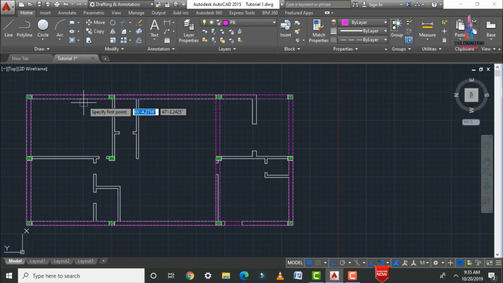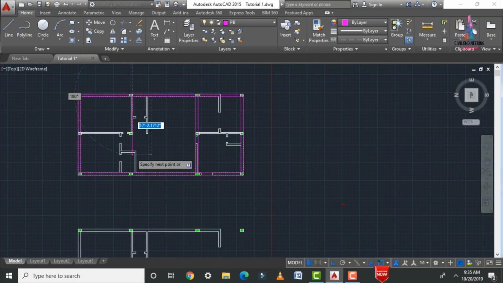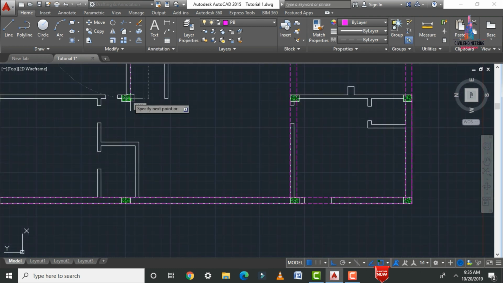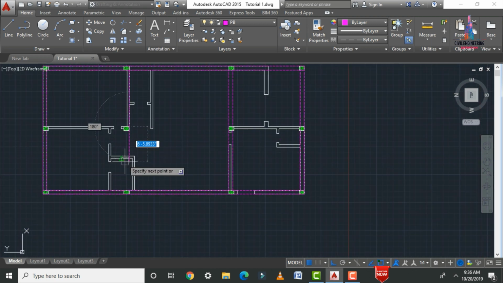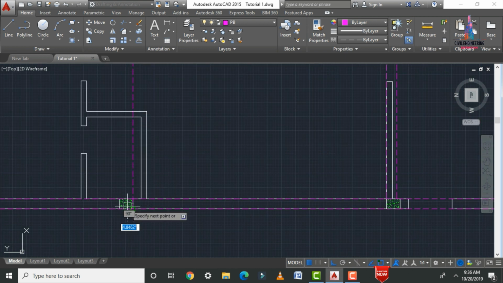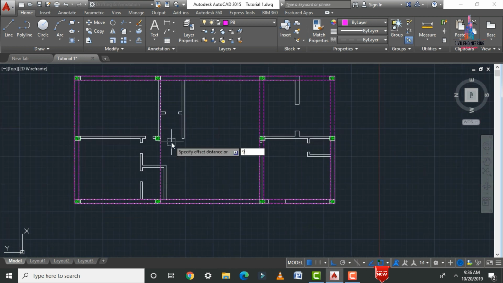So click on L enter option, select the starting point here, again I am selecting the ending point here for this respected section, click on L enter option, again start this respected point like this here, again I am selecting the ending point here. So after that we have to apply the offset which is of 9 inches, select this line, again you have to apply the offset.